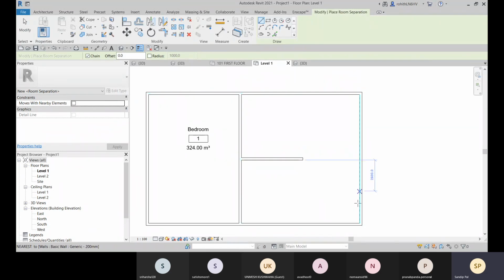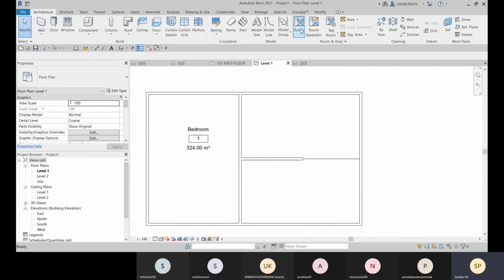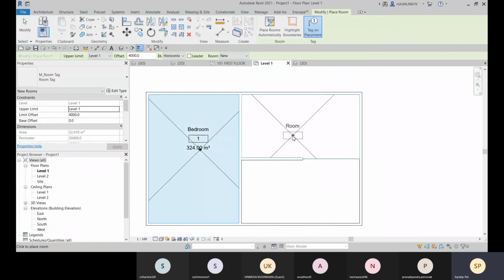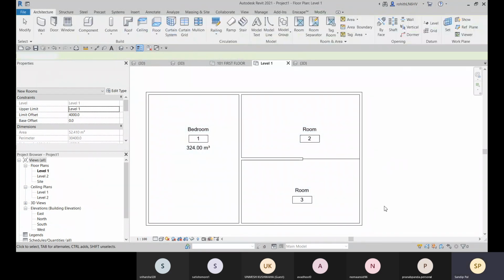So this is the room right now, which is closed with these four walls. Now you need to specify the room separator. So this will separate the room, and now you can go with the room and place it. All right.